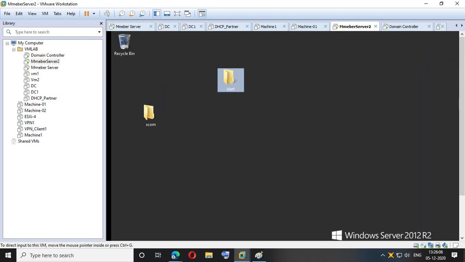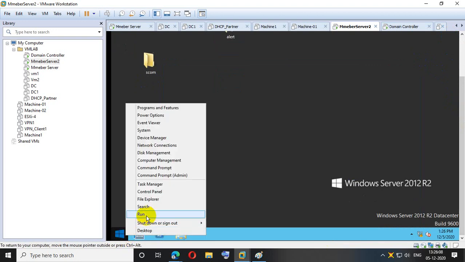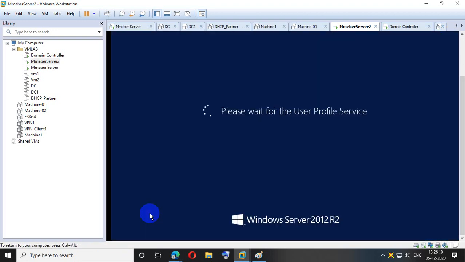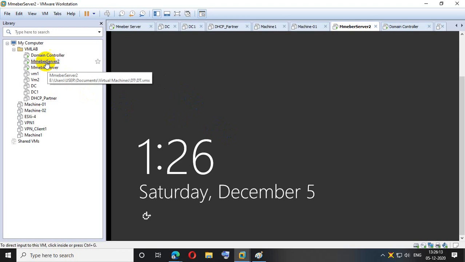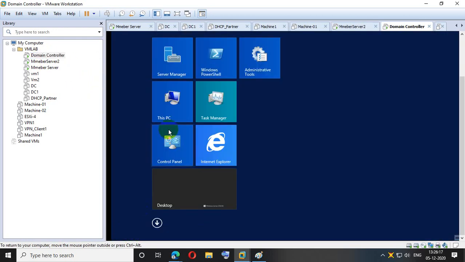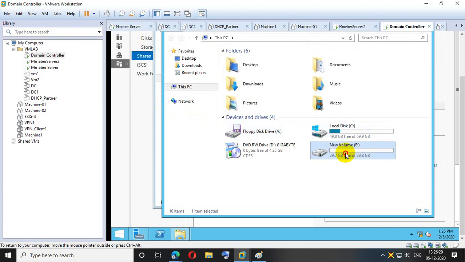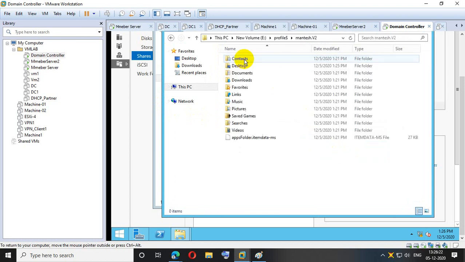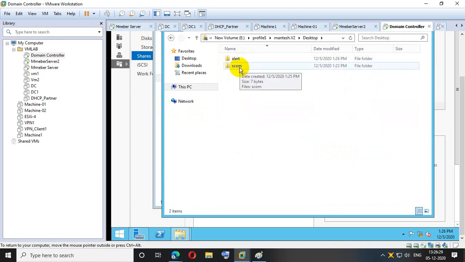Something else. Then I'm logging off from there. Now once I log off, on the domain controller, in the share path, let's see what else is created. Yes, now you can see on the desktop this com and alert are created, because earlier Mantesh was not part of this group, and that is the reason only the group has the full control permission.